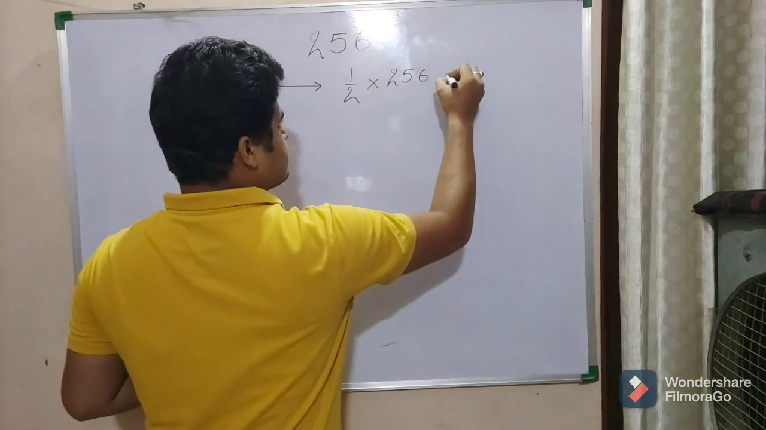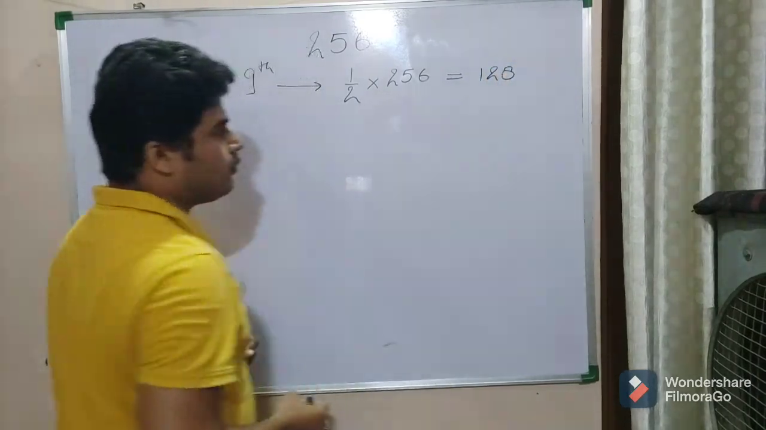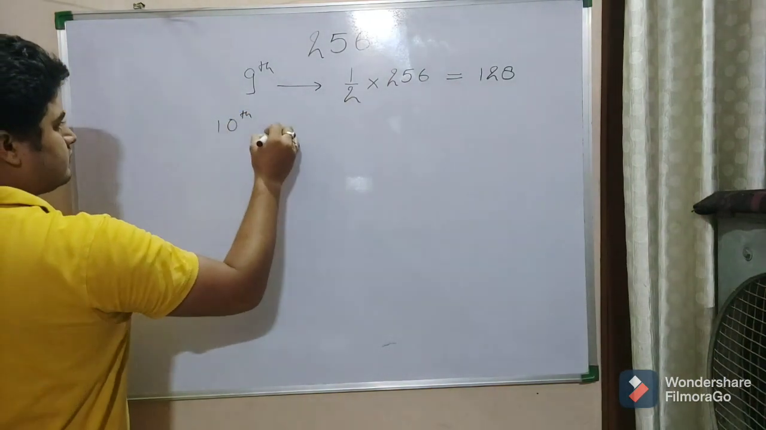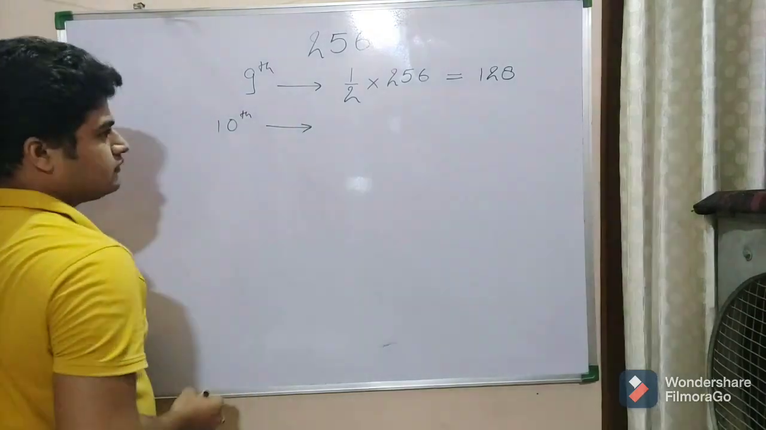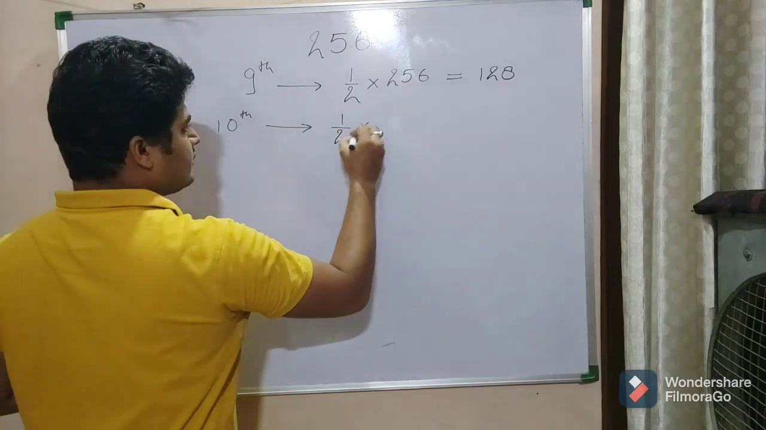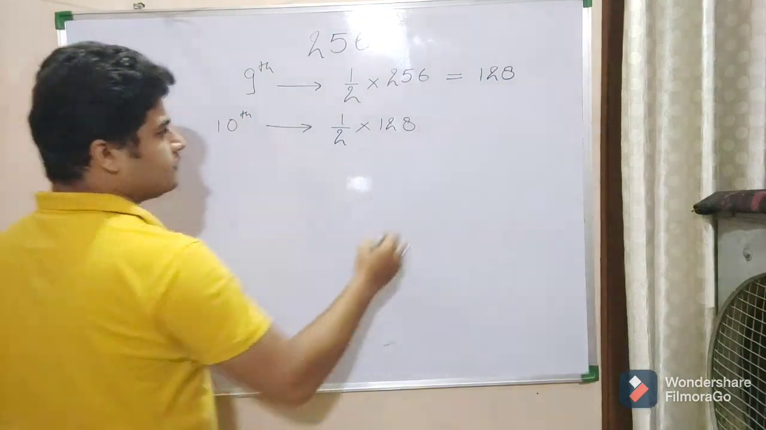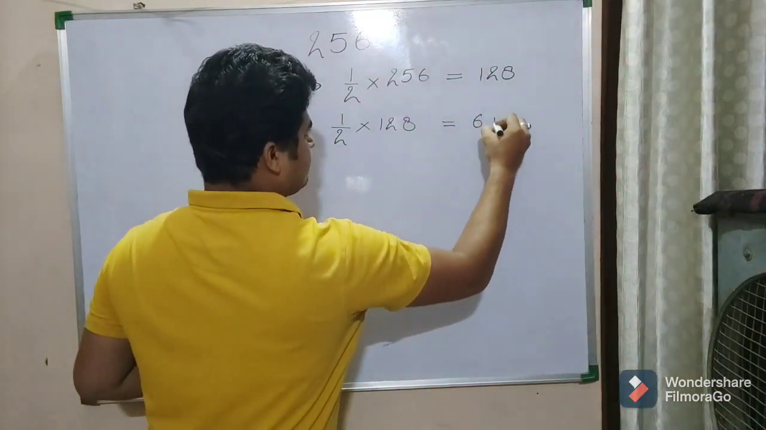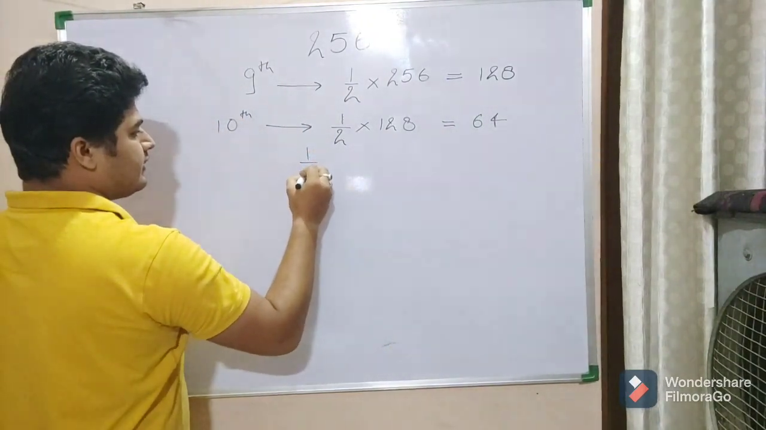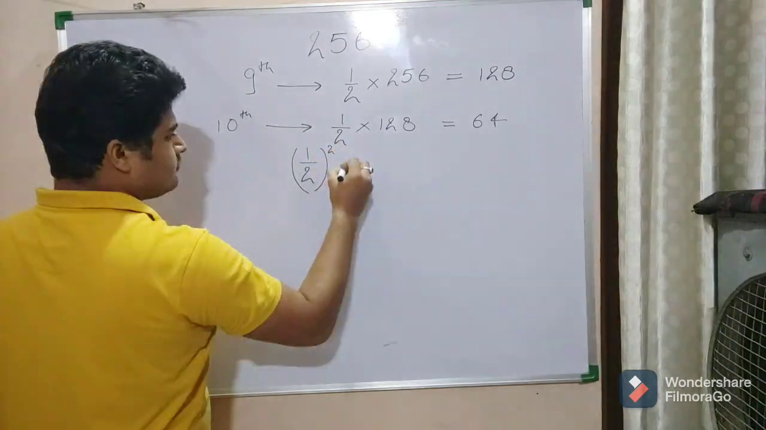So how many patients would be left at the end of the day? 128. On the 10th day, you will say that again you are able to treat half the number of patients. So the patients left now after the 9th day is 128. So you will get 64. Now the same thing could also have been written like 1 by 2 raised to the power 2 multiplied